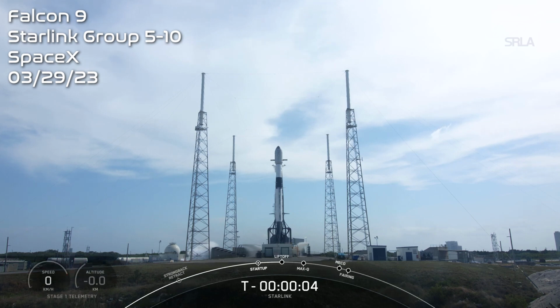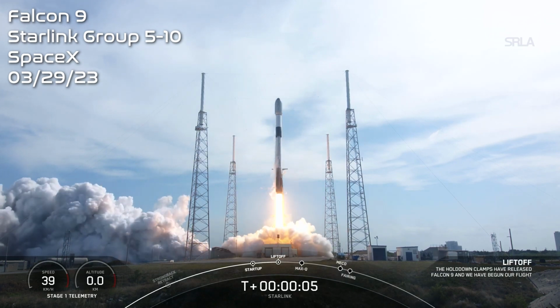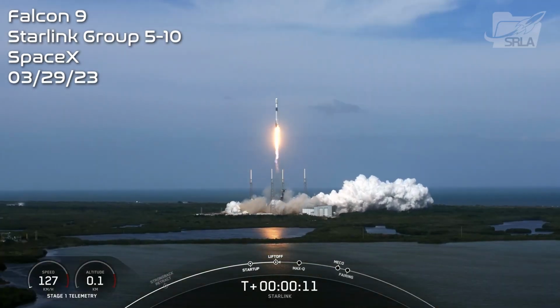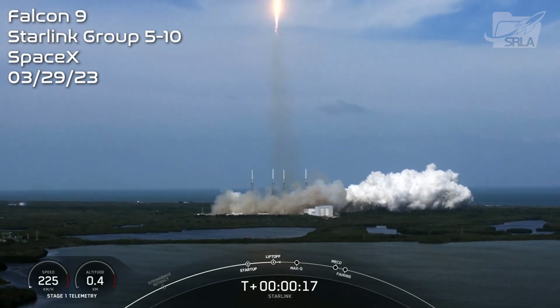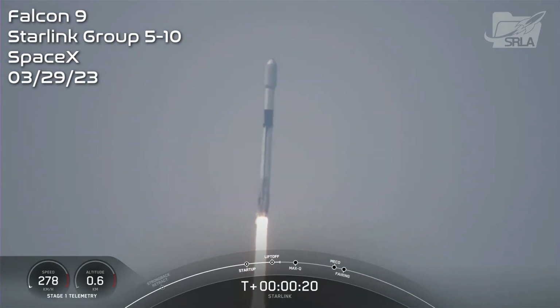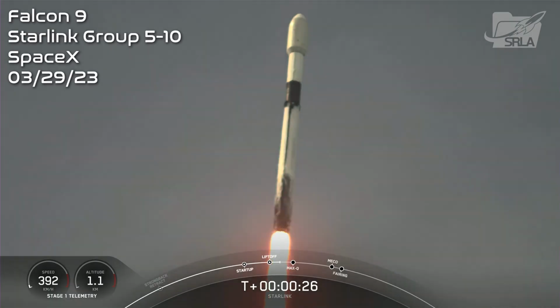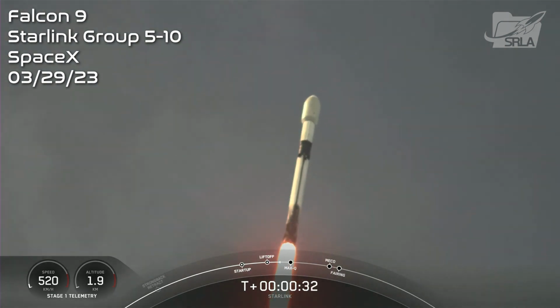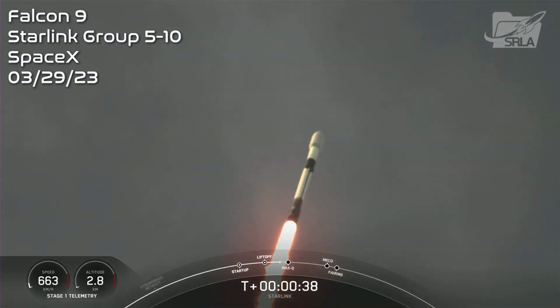System at 5, 4, 3, 2, 1, 0, liftoff. Vehicle is pitching downrange. Stage 1 propulsion is nominal. At T plus 33 seconds, Falcon 9 has successfully lifted off from Space Launch Complex 40 in Cape Canaveral, Florida